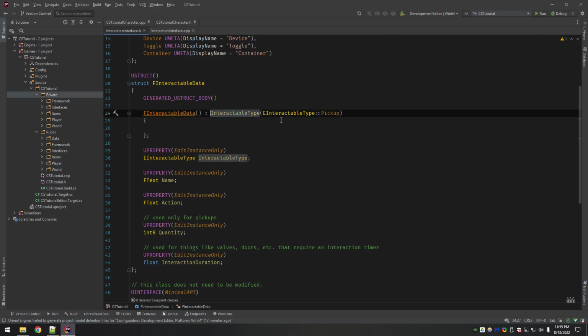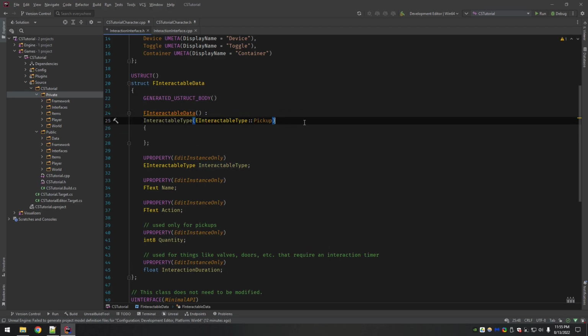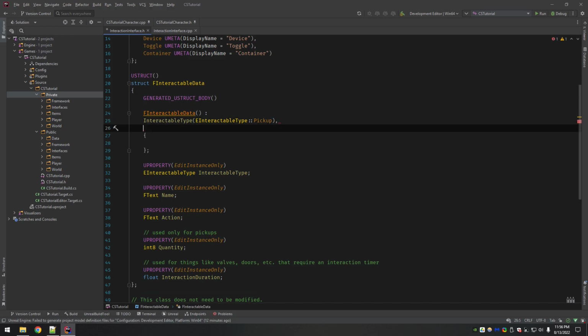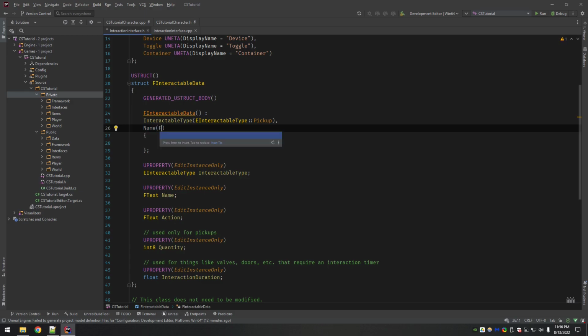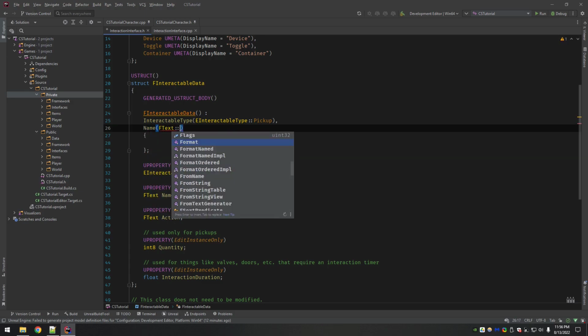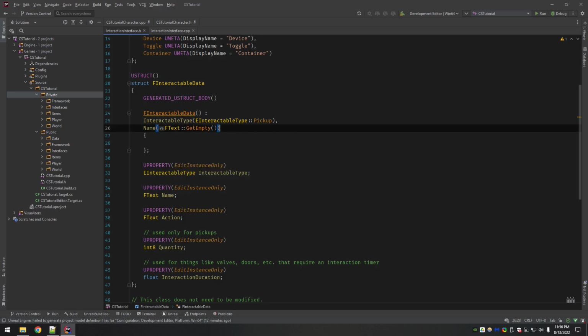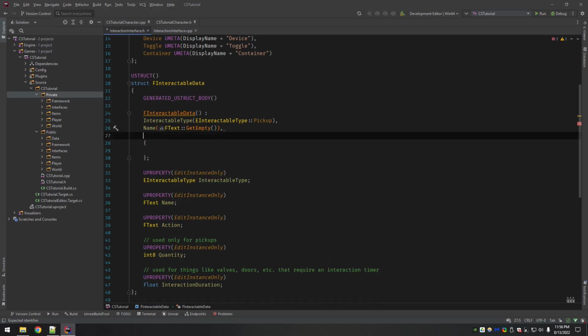And so I'm going to indent this to keep it clean. And it's got a squiggle here because it's saying, okay, hey, you've got other things in here that are not being initialized. So I'm going to add those. So the name is going to be FText. There's a nice function in the FText class called GetEmpty, which is just going to return an empty string.